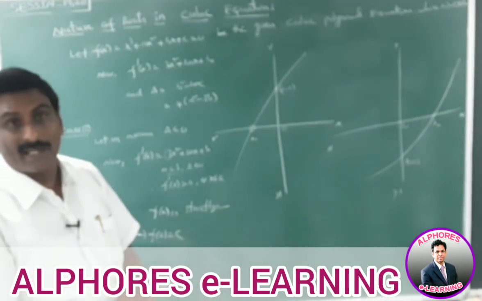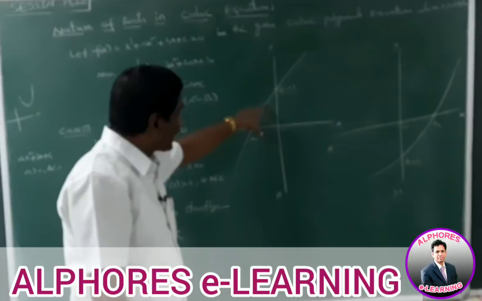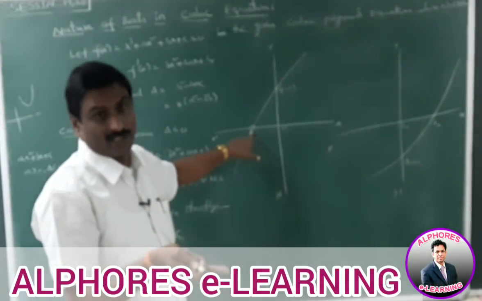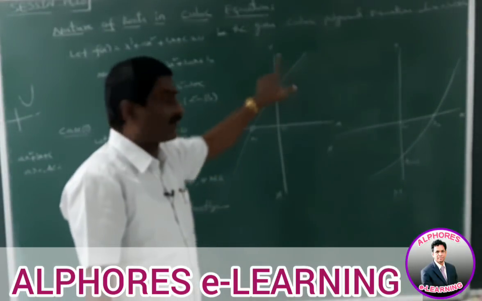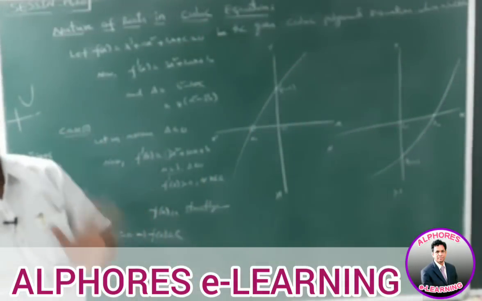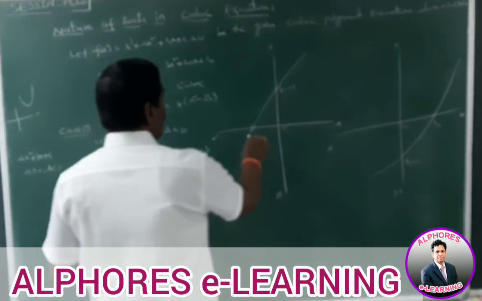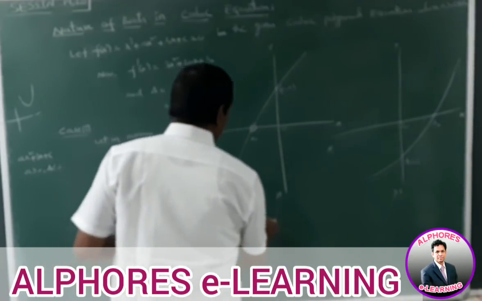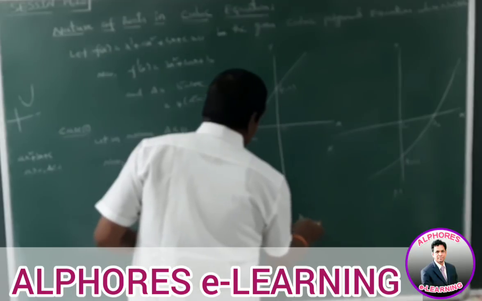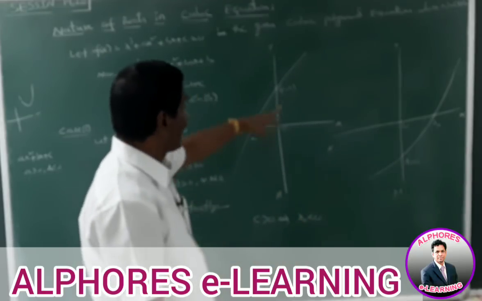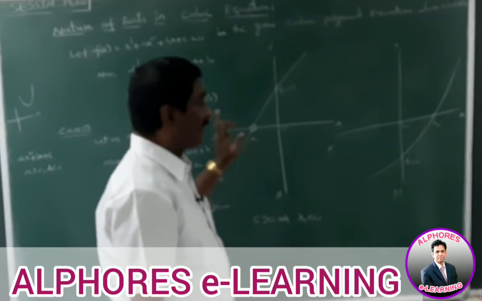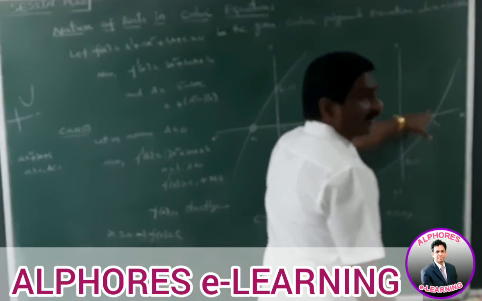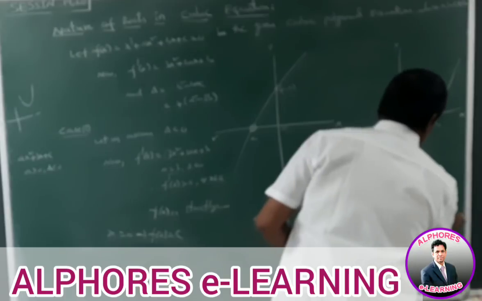For getting the solutions, if this graph cuts the x-axis at 1 point, we get 1 solution. If it cuts at 2 points, 2 solutions. At 3 points, we get 3 solutions. A strictly increasing function always cuts the x-axis at only 1 point. So x naught is one of the roots. Say this value is x naught. If c greater than 0, the root x naught must be negative. In this case, c less than 0, the root x naught is always greater than 0.